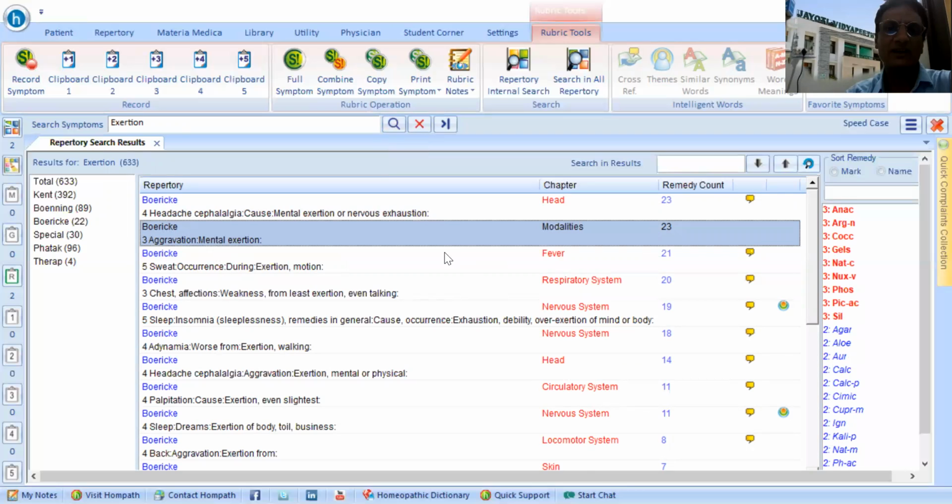So you can see that in modalities, aggravation, mental exertion is there.